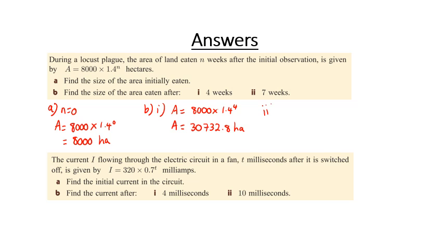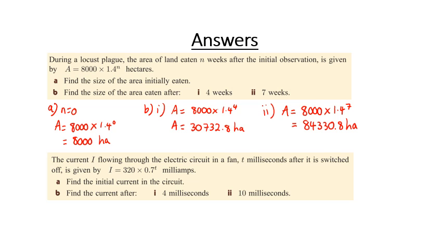And we can also do it after 7 weeks. So we can essentially go, our area is equal to 8,000 times 1.4 to the power of 7. Our area, therefore, is going to be 84,330.8